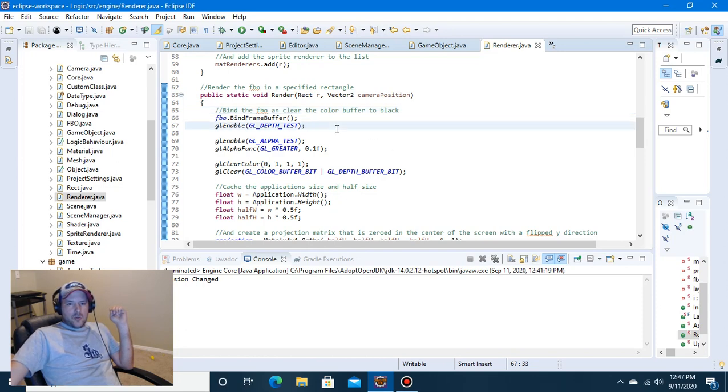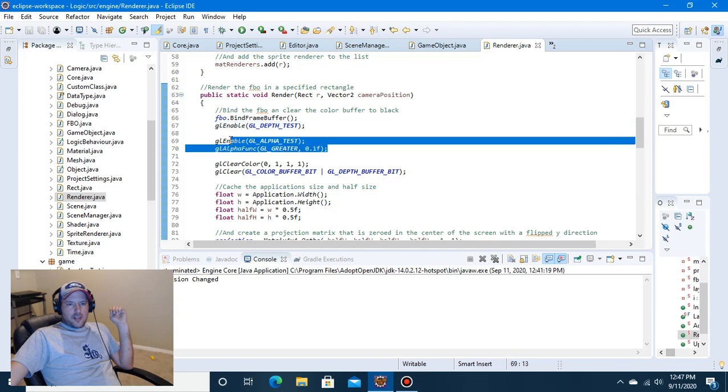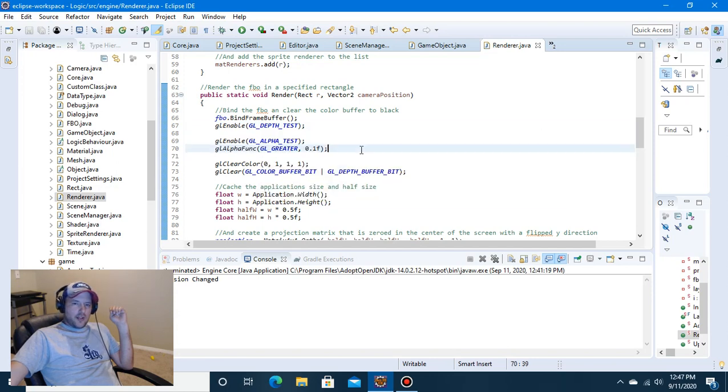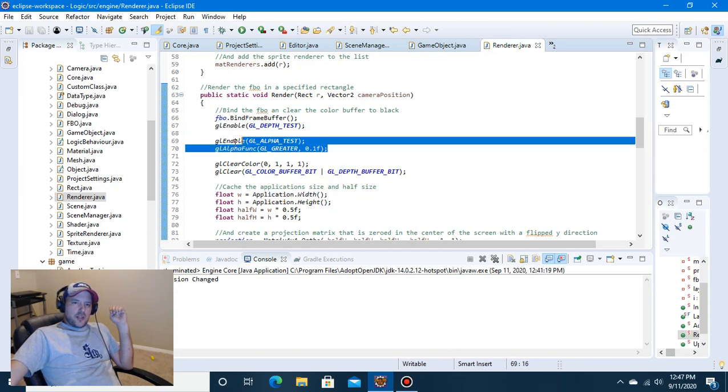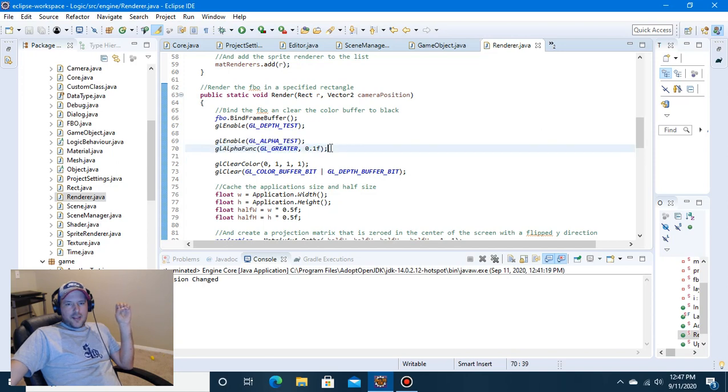that I had to do was add GL enable, GL alpha test, GL alpha func, GL greater 0.1f. What this is doing is saying that any pixels being rendered that have an alpha value lower than 0.1, we're just going to discard that pixel. And I had to add that